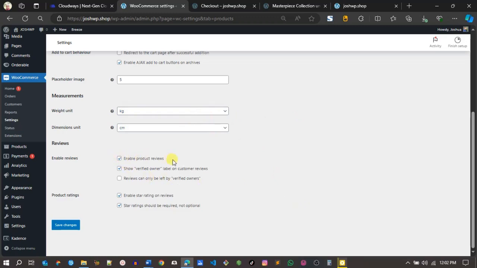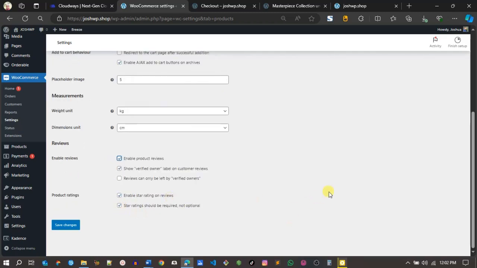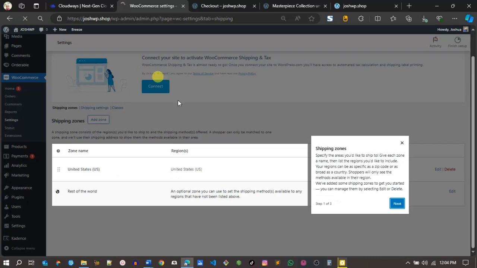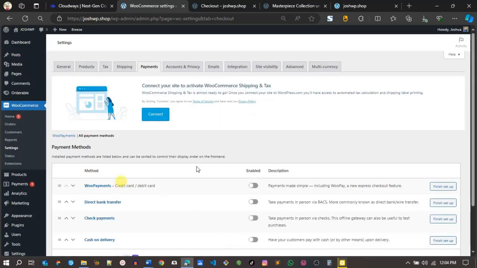Do you want to enable review? You can enable or disable them. You can allow reviews, you can allow even star rating, and then set changes. Go to payment. Under payments, currently you have